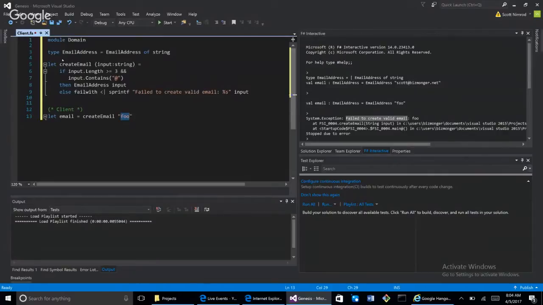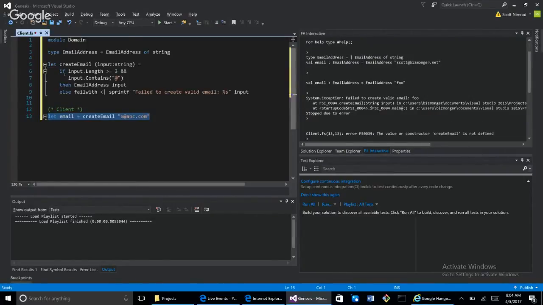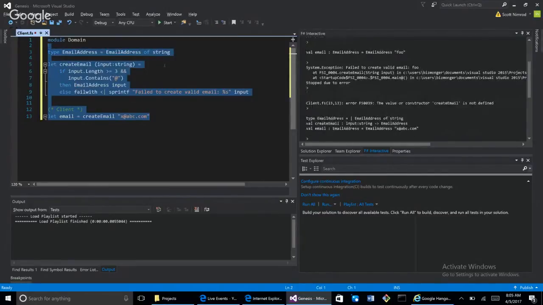And what's this over here? If we say x@abc.com and we execute that, oh, what the freak? The value or constructor create email is not defined. Are you sure? Because it just executed up here. Wait, do I need to execute this whole thing again? Oh, okay. I'm not sure what that was about. Well, when we execute that over here, it's successful, right? Instead of an exception getting thrown like we did last time, we see email address